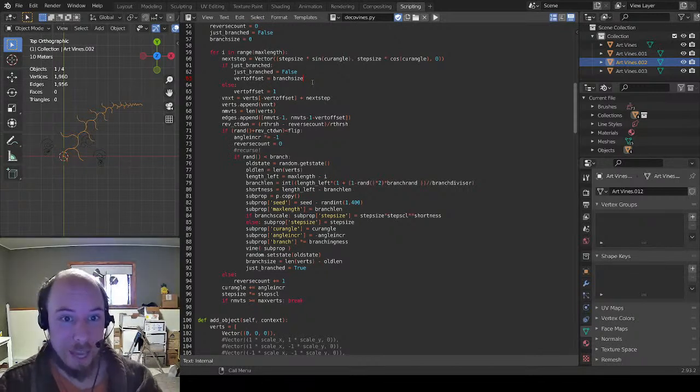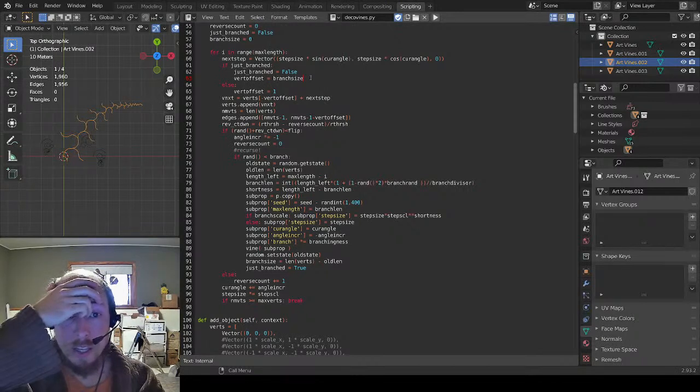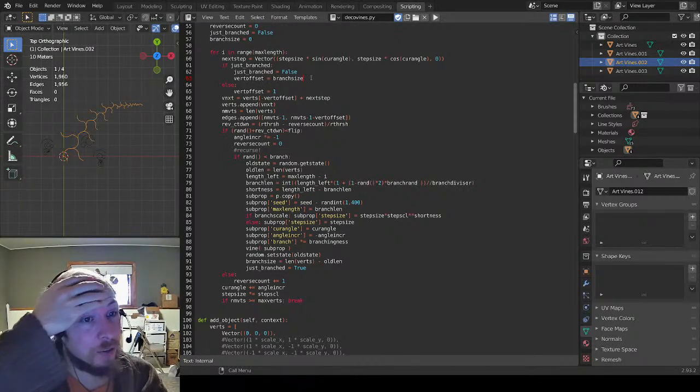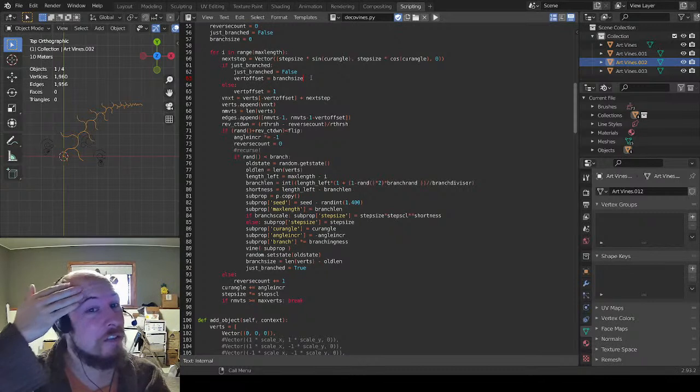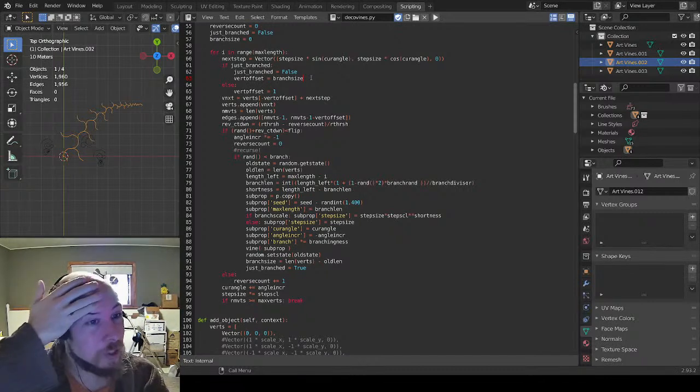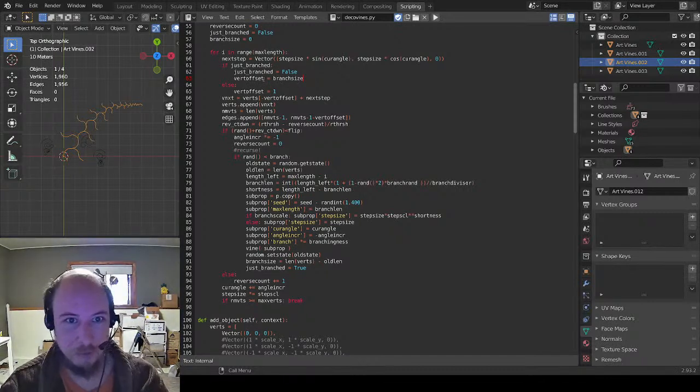Right! Okay. Vert offset equals 1. If this goes out of bounds, then the vert offset branching will go all the way back to the origin because the vert offset is equal to the total length. So what's happening here is,